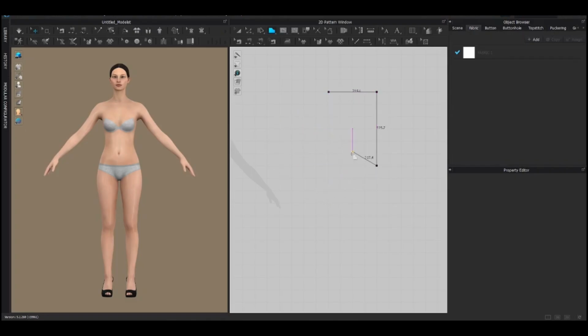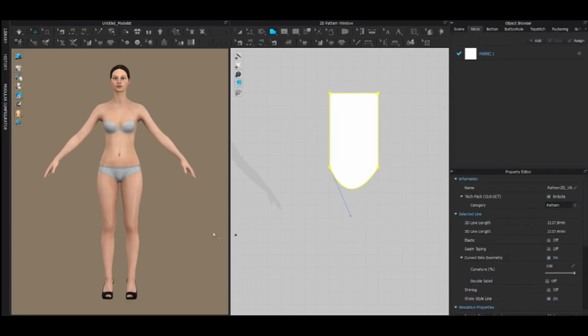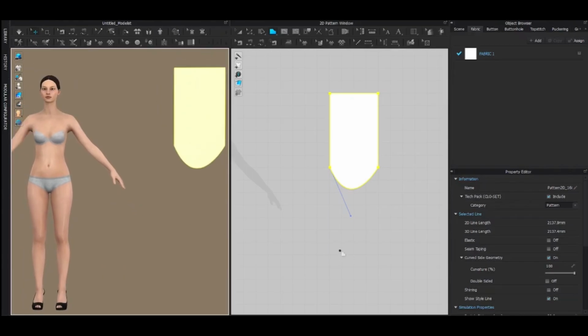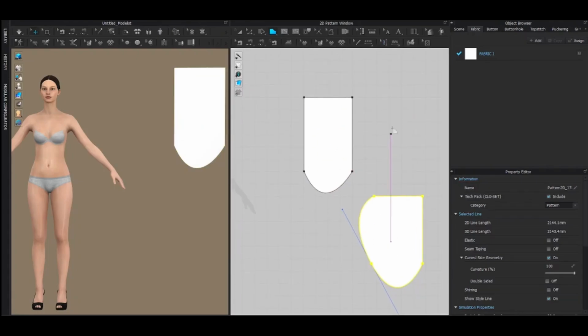If you want to give a curve or any shape or depth to your garment or your pattern, what you have to do is click and drag. You have to hold on and give a shape or a curve to your pattern like this. After that, you can't just come to another point. You have to click back and then you will finish the pattern like this. Now you can see that your pattern is visible on both sides. If you don't click back after the curve, click and drag, and jump to another point, it will look like this. So you have to click back.